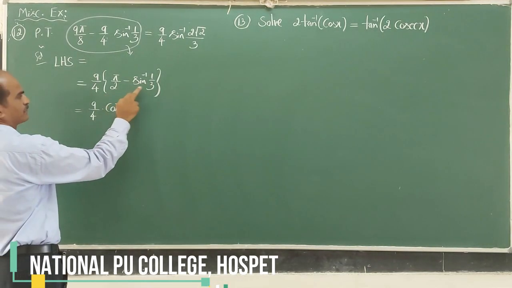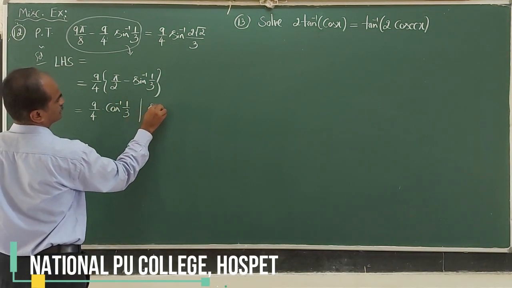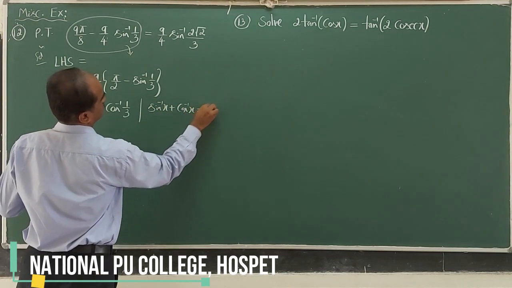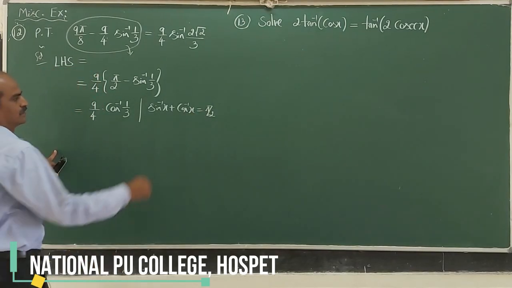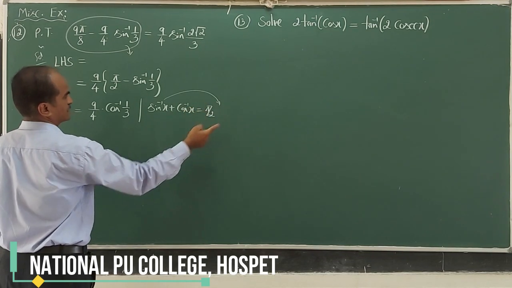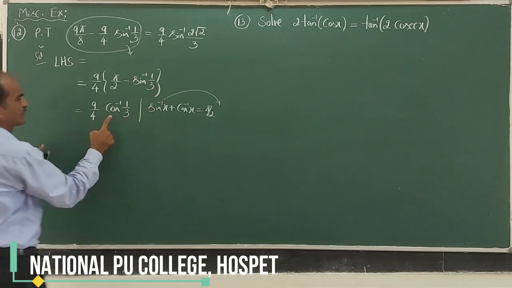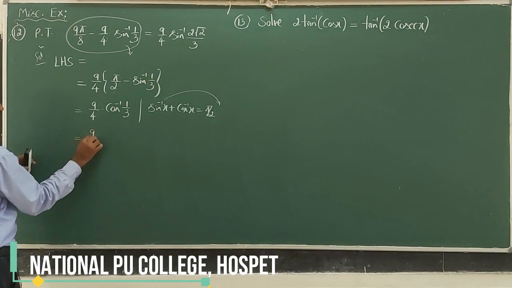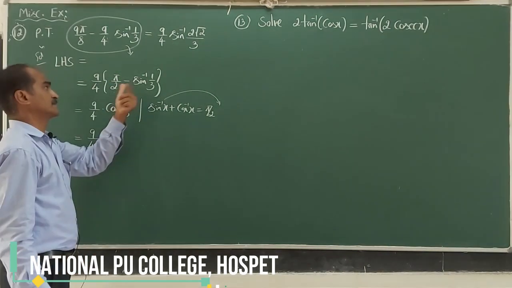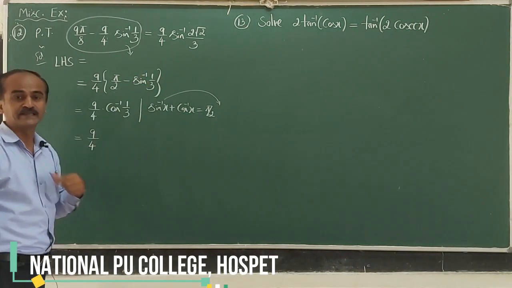How are you able to write pi by 2 minus sine inverse 1 by 3 as cos inverse of 1 by 3? Using sine inverse x plus cos inverse x is equal to pi by 2. So therefore, cos inverse x is pi by 2 minus sine inverse x. Here pi by 2 minus sine inverse x is there, with x value 1 by 3, so I wrote cos inverse x. But in the result, I need 9 by 4 times sine inverse of 2 root 2 by 3. I get the result in terms of cos inverse, but I need it in terms of sine inverse.